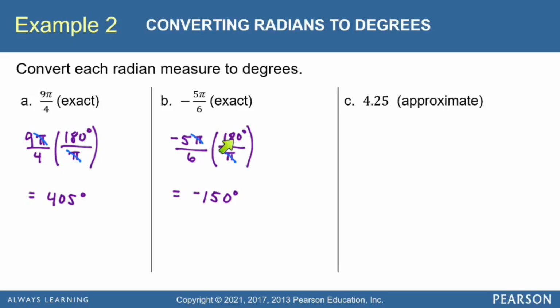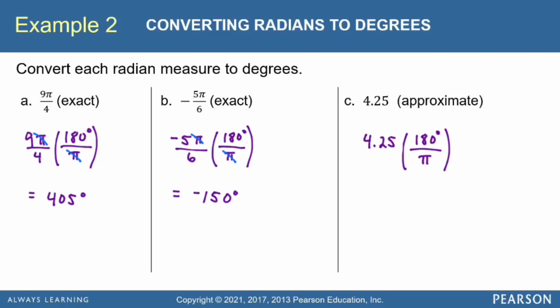As long as we multiply by whatever's in the top and divide by whatever's in the bottom, we can't go wrong. And then for part C, we have 4.25 radians, and we're supposed to give an approximate answer. So by that, we know that we will be using the decimal value of pi, and our answer will be a rounded off decimal. So let's start with our 4.25, and again, we'll use the same conversion factor, 180 degrees